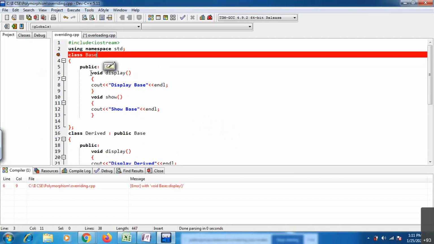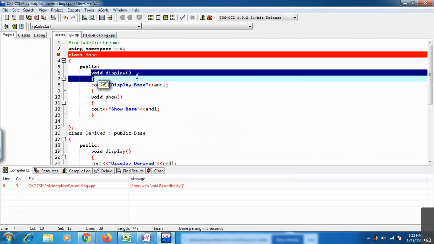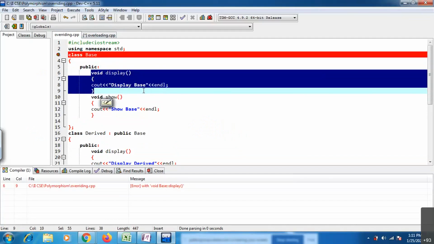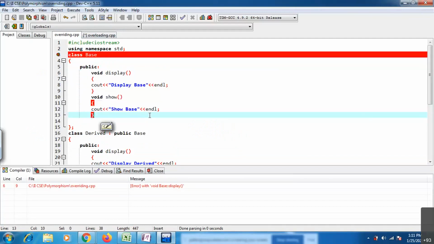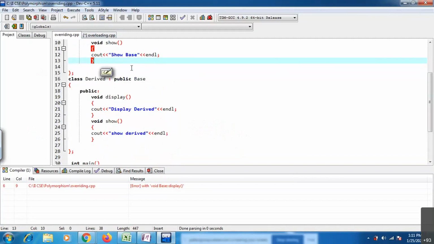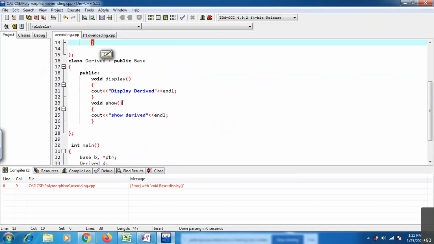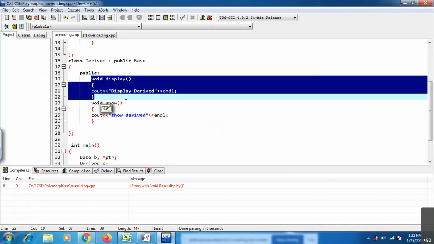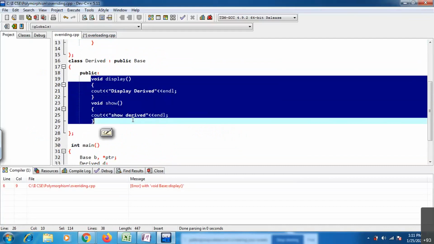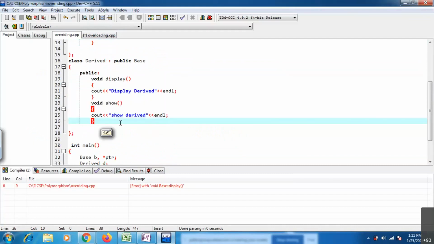Inside the base class you have void display, one function, and void show, one function. If I'm overriding those functions, here the same void display and show, the same functions I'm just overriding.